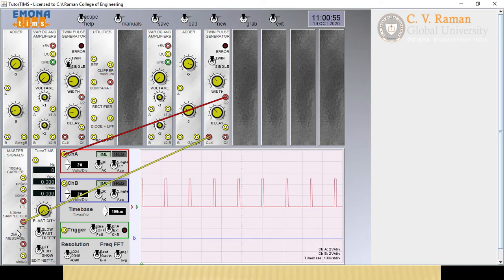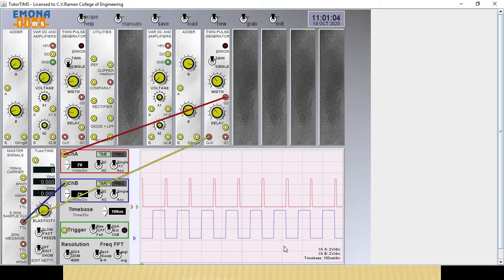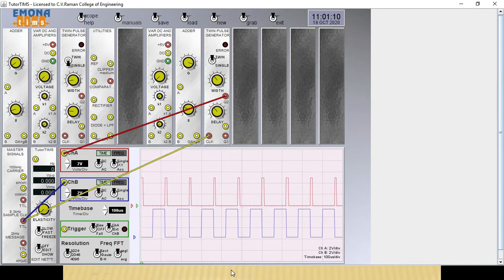So now what we will do here, we will compare the sample clock with the output of the twin pulse generator. How to compare? Now I am again giving this sample clock to channel B. So now what you are observing, you can tell me. If you see here, we are getting an impulse at the positive edge of the clock. Along every positive edge, you are getting an impulse here. Very narrow pulse you are getting. So that is the main function of the twin pulse generator, which we are going to apply in our experiment.